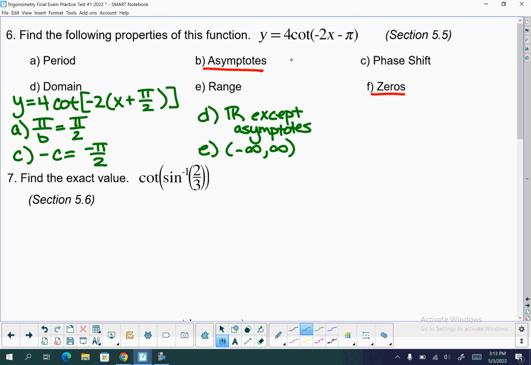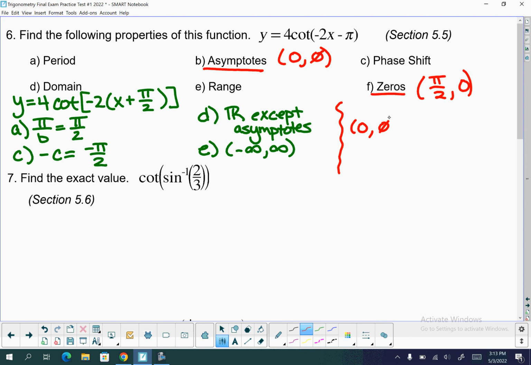So for cotangent, a place where we had an asymptote was 0. You can find that on your unit circle at 0. Our cotangent is undefined. And then a place where we had a 0 on my cotangent function was at pi over 2. At pi over 2, the cotangent is 0. Okay, so I'm going to take those 2 points,